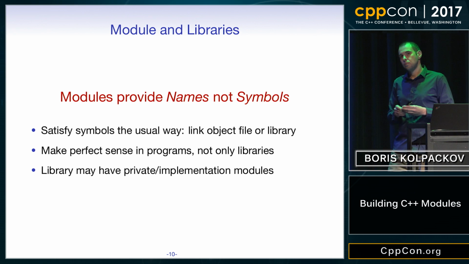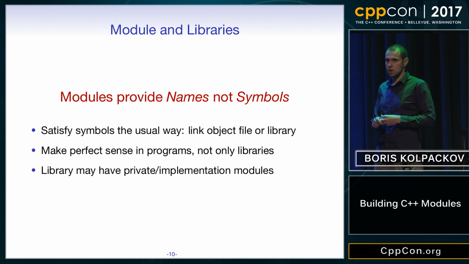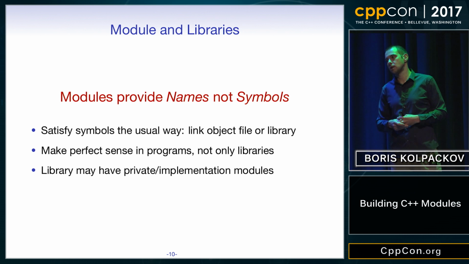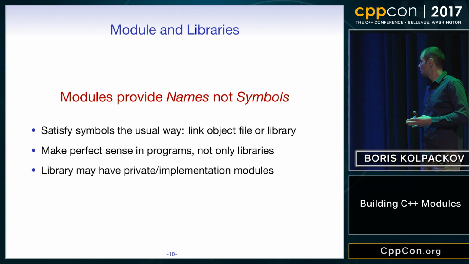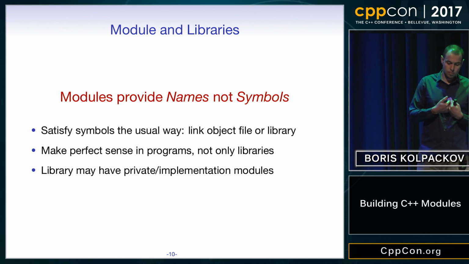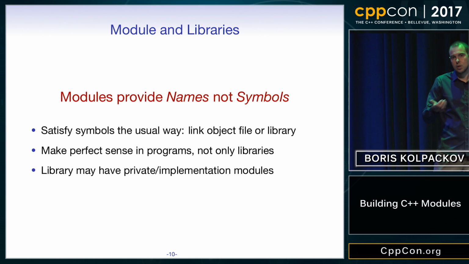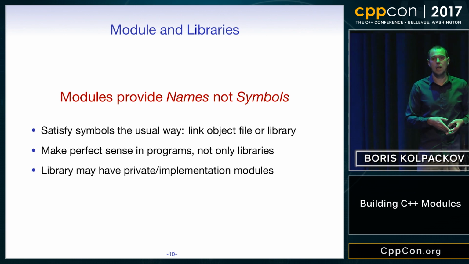Modules also deal with names, not symbols. Is everyone clear what the distinction is? Well, a quick way to recap: names are what the compiler complains about, and symbols are what the linker complains about. Right? So modules talk about names, not symbols, and we use the usual mechanisms. If we are using a name from a module, we may have to satisfy its symbol in the usual way